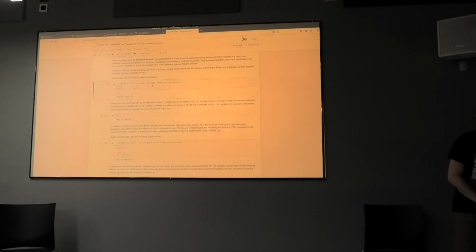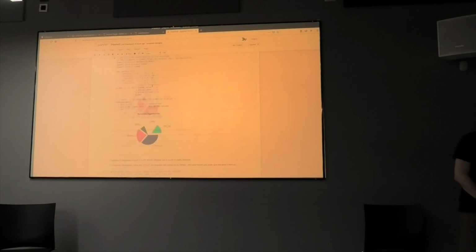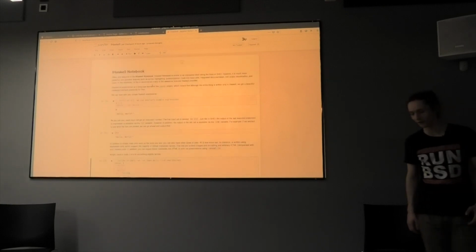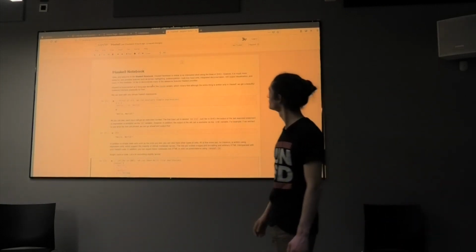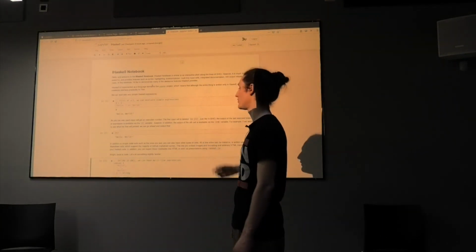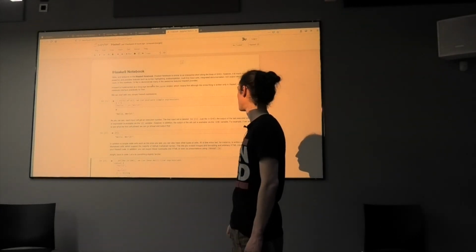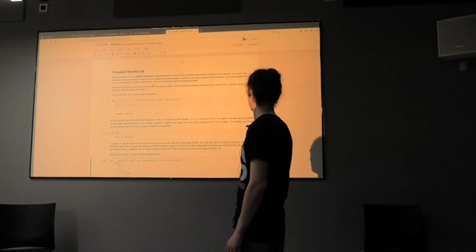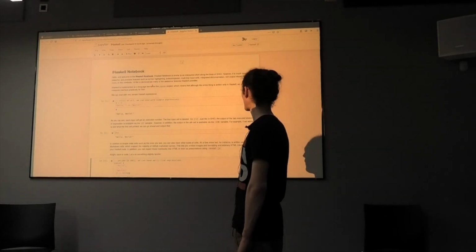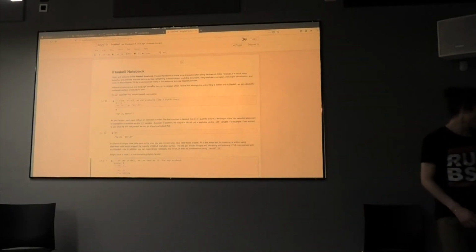Yeah. So, it works like any other Jupyter notebook. But yeah, I thought that was quite cool. And there are plotting things and stuff like that. So you can do more or less all of the stuff that you can do in Python in Jupyter notebooks. So I thought that was quite interesting.